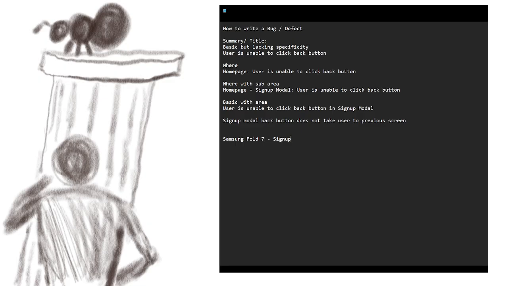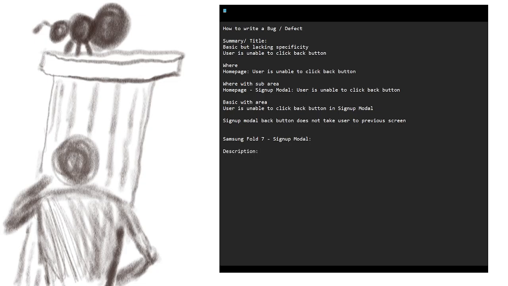So if you wanted to provide additional information, obviously you don't want to add too much, because then you've basically just written the description on what's happening, or filled out the parameters that you might have in your tracking system. So you want to keep it somewhat brief, so that looking at it, they can see it and go, oh okay, this area, this thing, and then look into it,